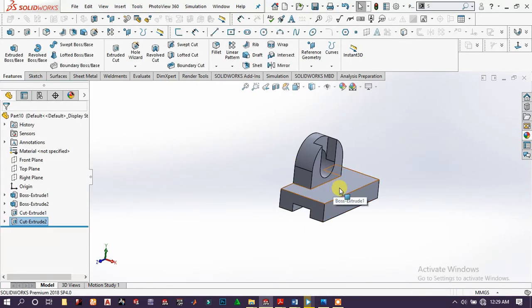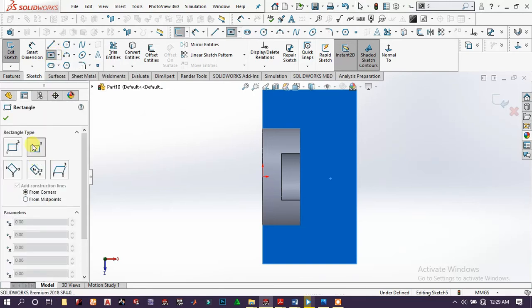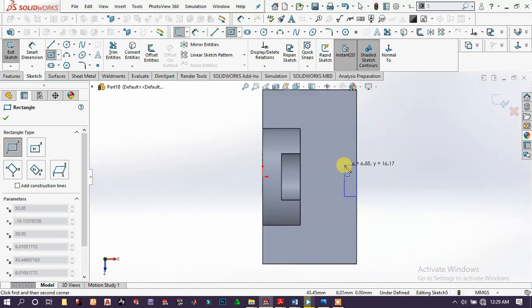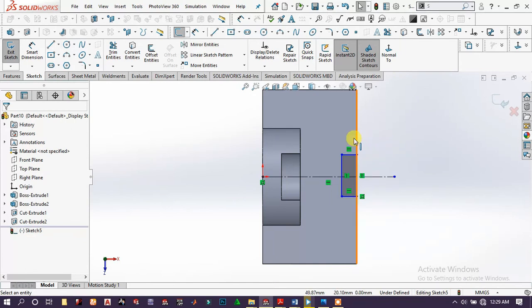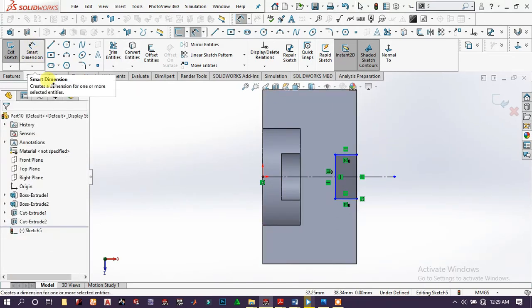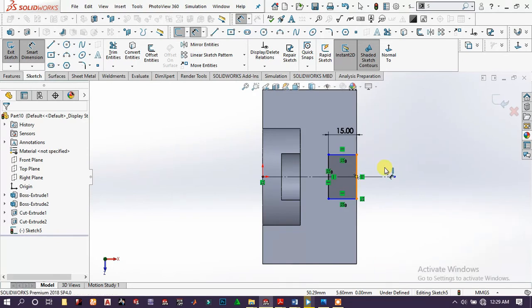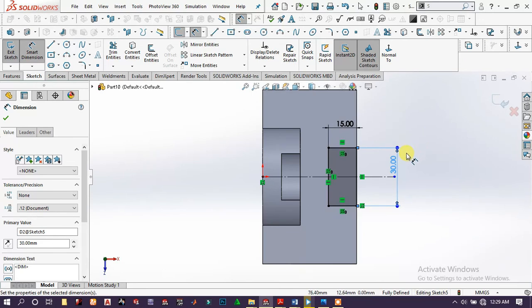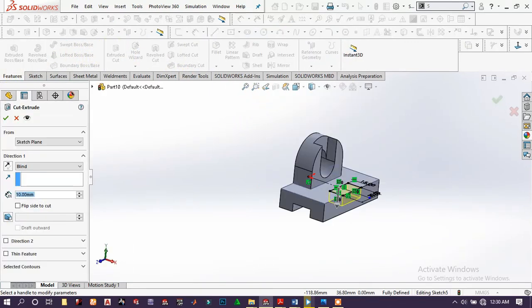Now we get this, click this face and the sketch, go to rectangles, choose corner to corner rectangle, then draw a center line, right click, construction geometry, select them and make symmetry, go to smart dimension, define the dimension, go to features, extrude cut, cut it around 5 mm,